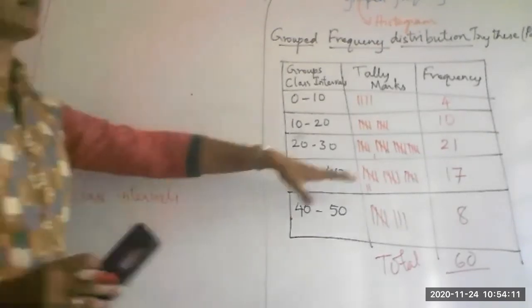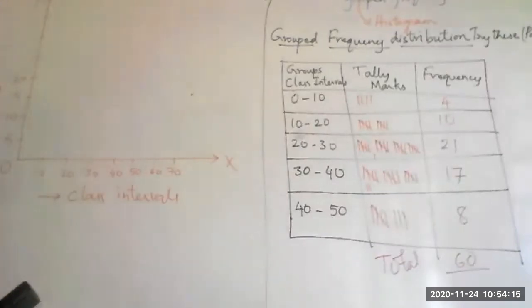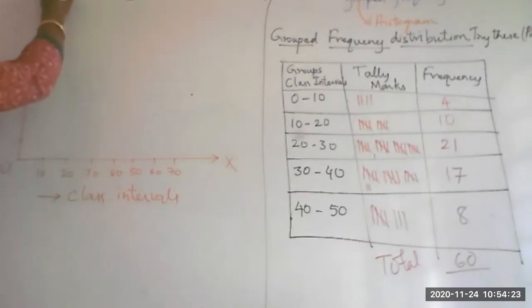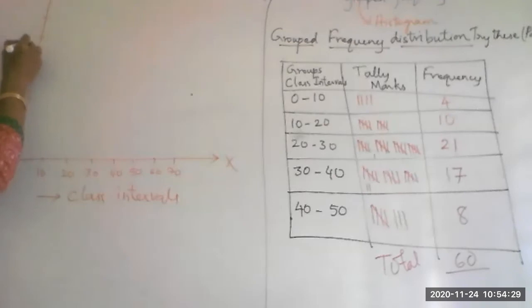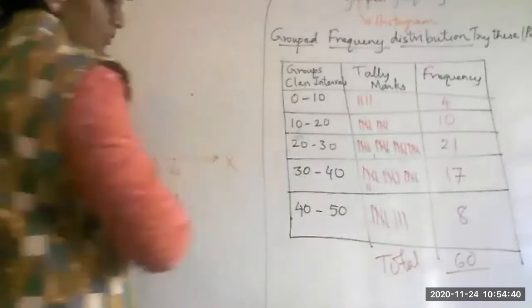So suppose your numbers are somewhere between 0 and 50. Then you can think about this scale. So for me, I think it is convenient if I take it as a scale of 2 units. Maybe you can show it in your graph sheet. Here I am not able to show. I'll just show you 2, 4, 6, 8, 10, 12, 14, 16. You may have to add another 2 more, 18, 20 and 22. Alright. So once your scale is ready, on the right hand side, write down the scale.